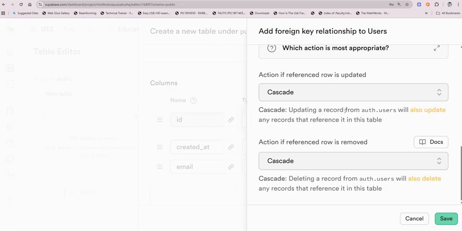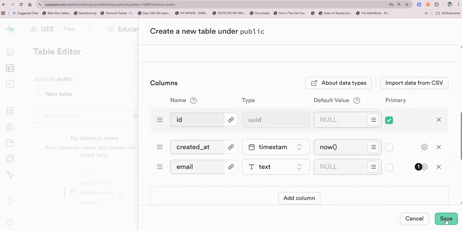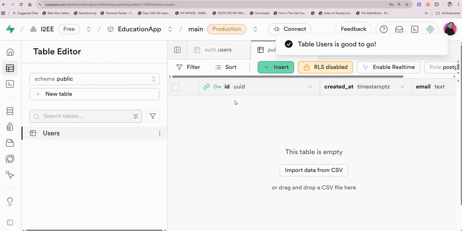So you see, updating a record from authentication users will also update any records that are referenced in this table. Deleting a record will also delete any records in reference in this table, and vice versa. So click save, and click save. So it's creating a new table. Then you can see now